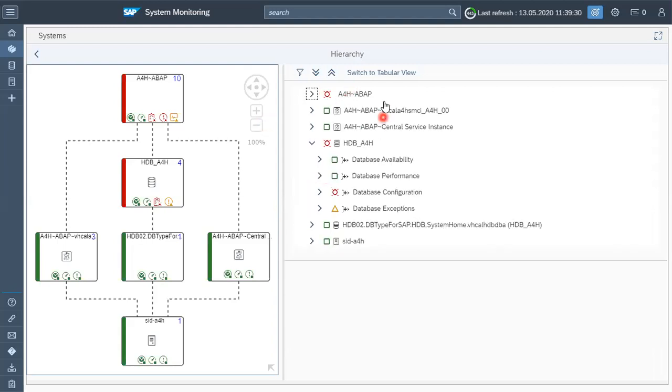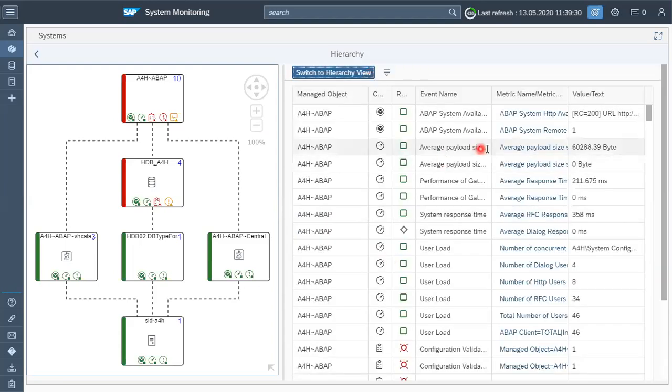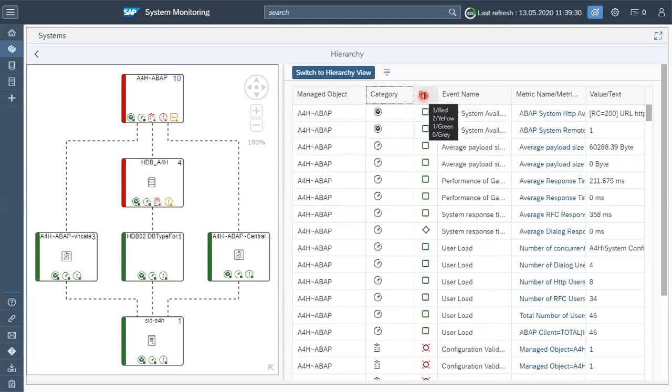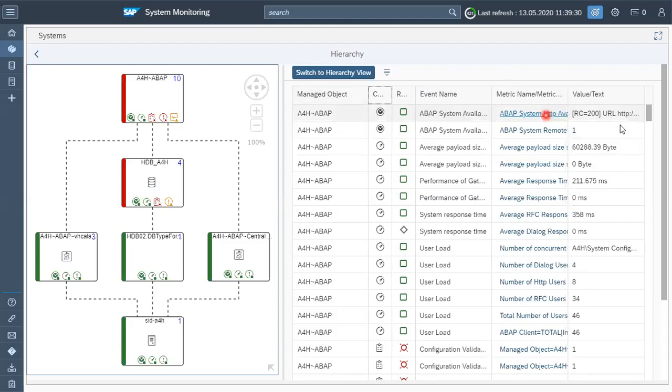And if we want, I think we can switch to hierarchy view as well, to see how it looks, which are the managed objects. This shows the availability and all KPIs. You can expand like this one. Category, this is the rating, event name, metrics and value text.